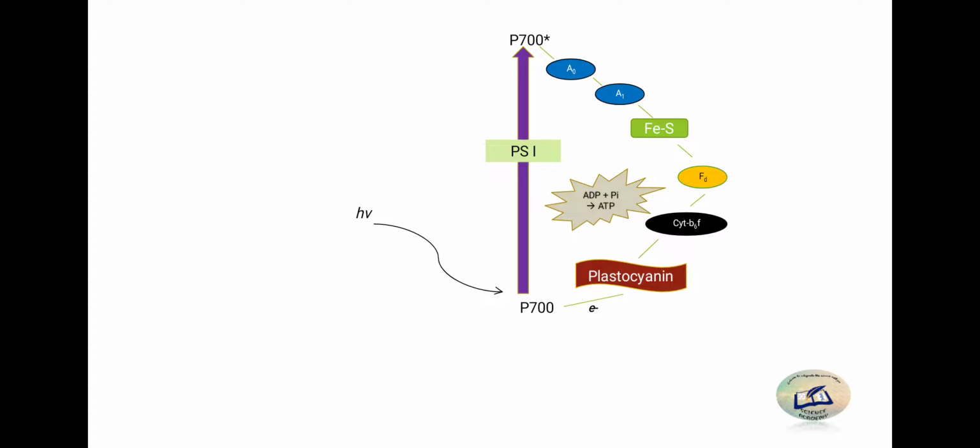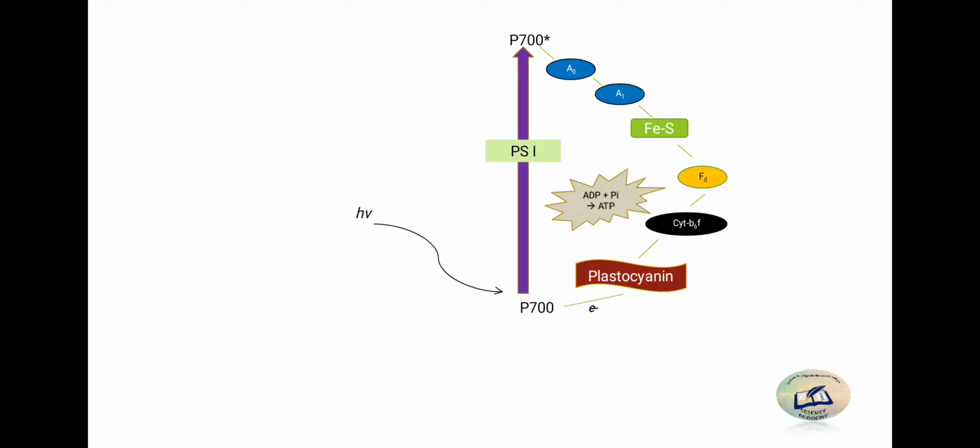Okay, and then it passes through A1 and then through the iron sulfur centers, then through ferredoxin, then through cytochrome b6f, then through plastocyanin and back to P700. Now there is ATP production in two steps. So what happens is that electrons move down their electrochemical gradient. At A0 the electrons have very high energy. Now they need to lose energy and come back to their ground state. So they have to release energy at certain steps while moving down the electrochemical gradient.